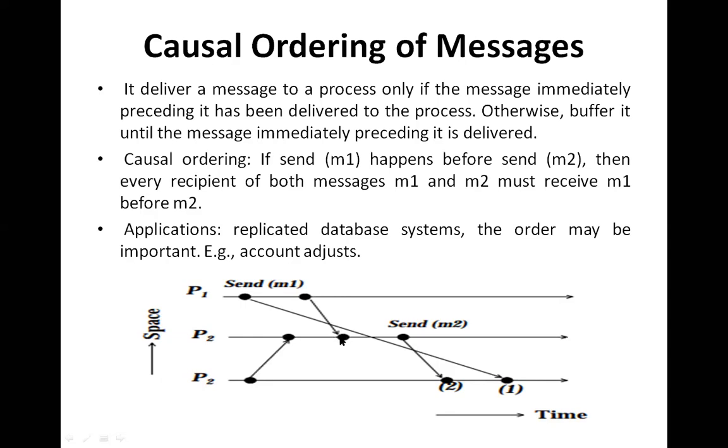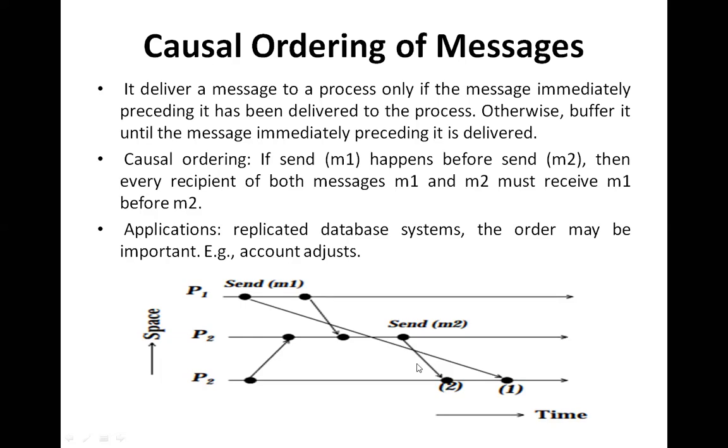Now this event is causally related to another event which is happening, and this is sending a message M2 to the process P3. And this event of process P1 has sent a message M1 to the process P2. Now sending of M2 happened after sending of M1. So M2 must be received by P3 after the receiving of M1. But here it is not so. M1 is received later and M2 is received